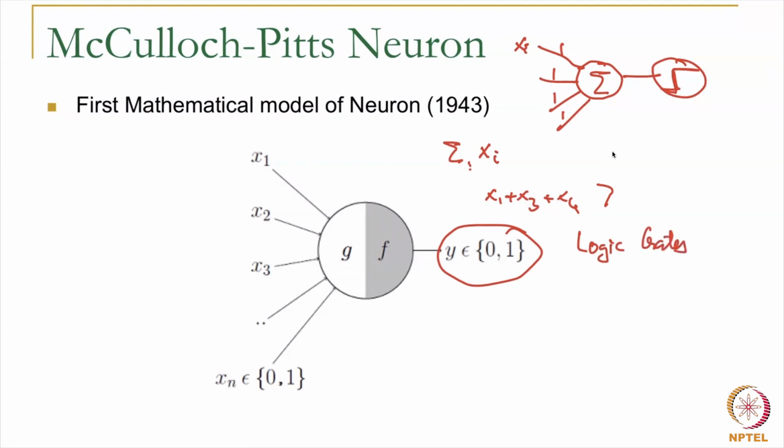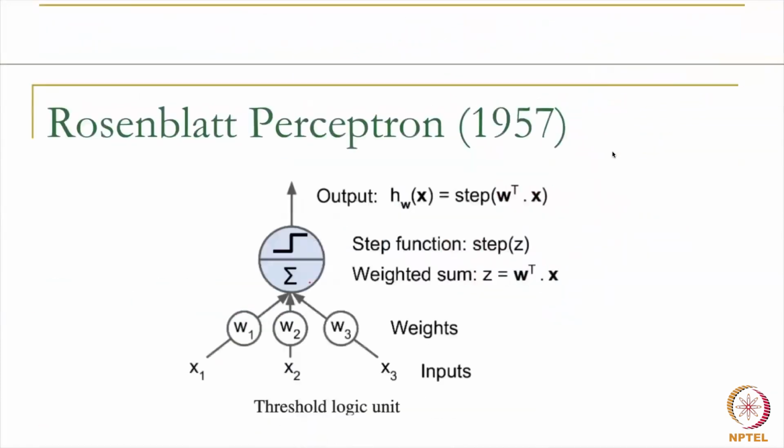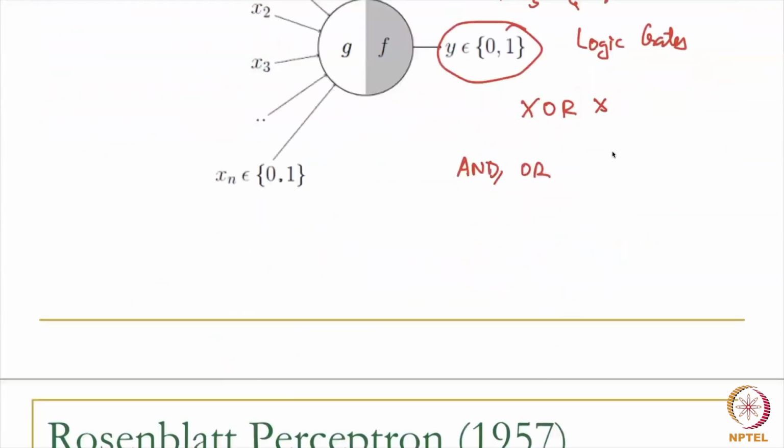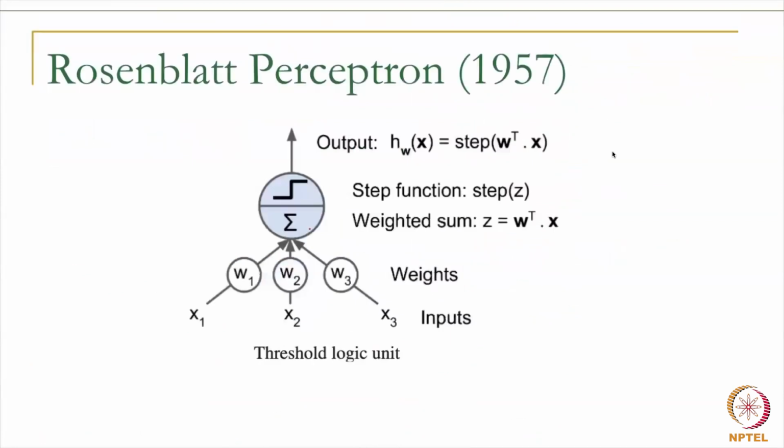And as I told you, put together an entire circuit based on these simple logic gates. Once again, you can simulate AND, OR, etc., but you can't simulate XOR with this kind of behavior. You really can't. But you can get AND, you can get OR and stuff like that with this kind of neuron. Now, after this, the next major breakthrough was the Rosenblatt perceptron,